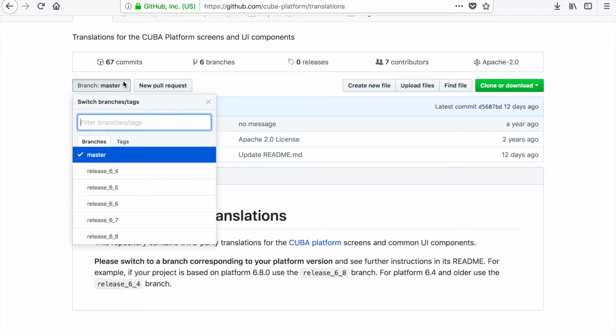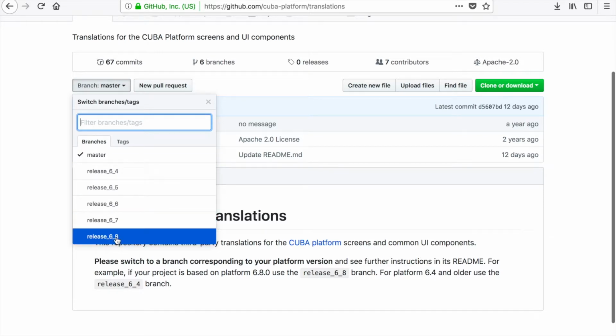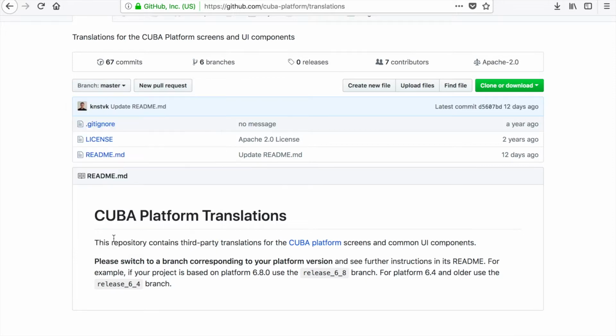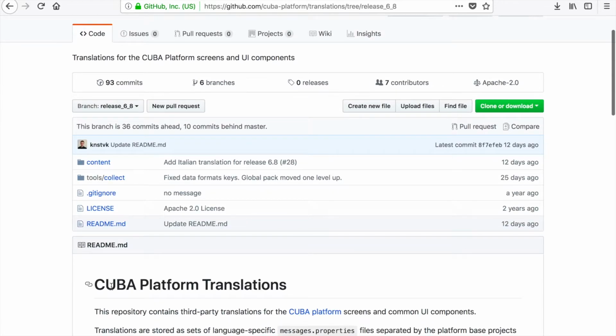And you can select a specific branch which normally goes through the minor release. So you have, for example, 6.8, and when you go to that,